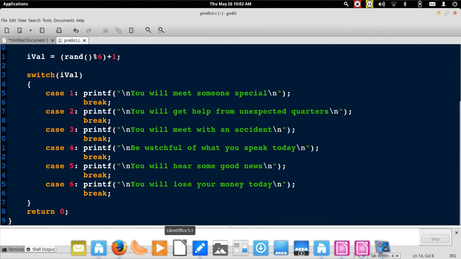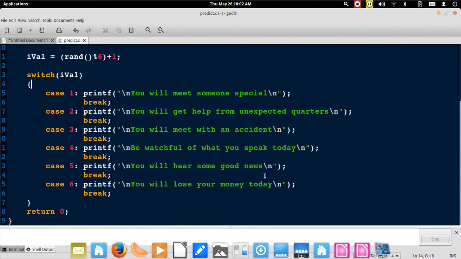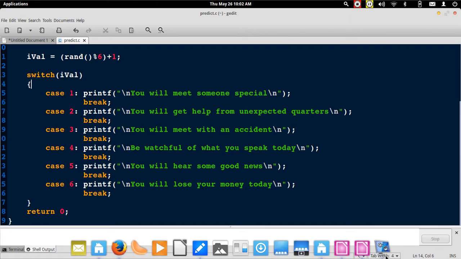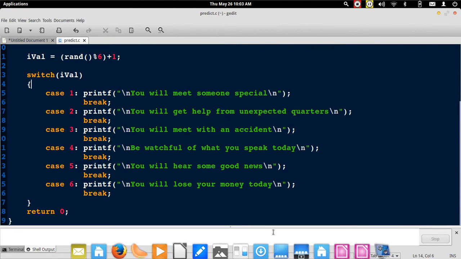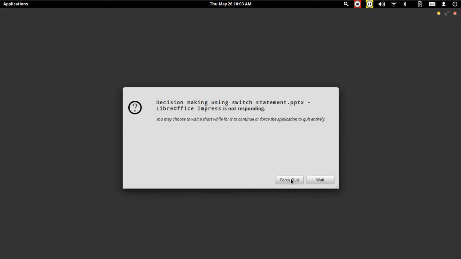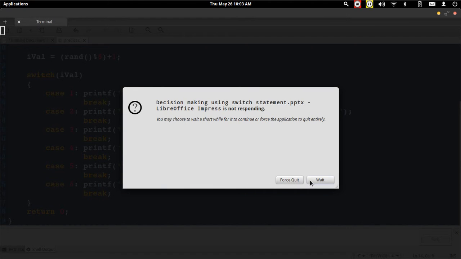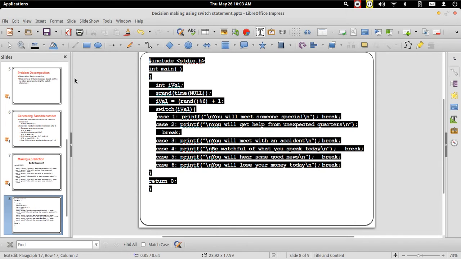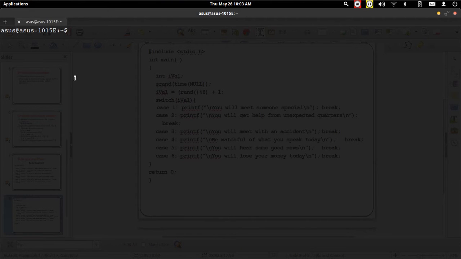Now we are going to open this terminal, compile the program here, gcc predict.c.